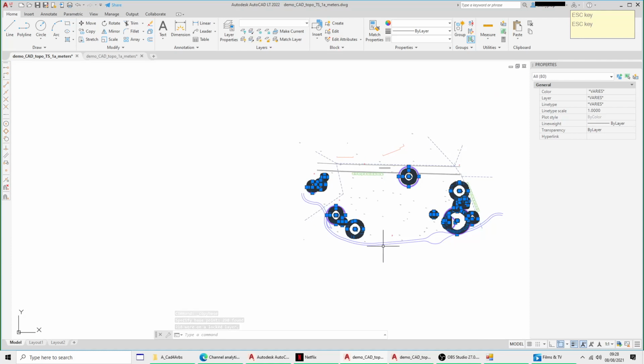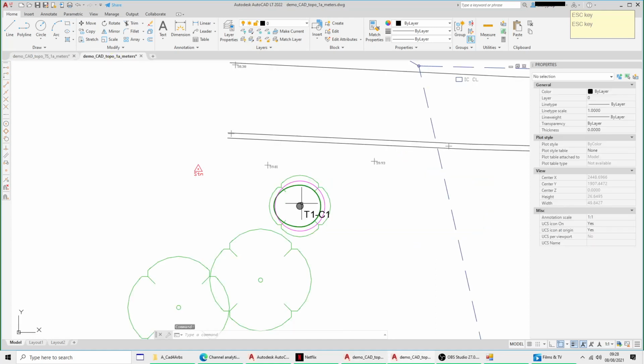Because I isolated the layers and selected everything, it will only include the layers I've isolated, so it ignores all this other stuff. So I'll unisolate,